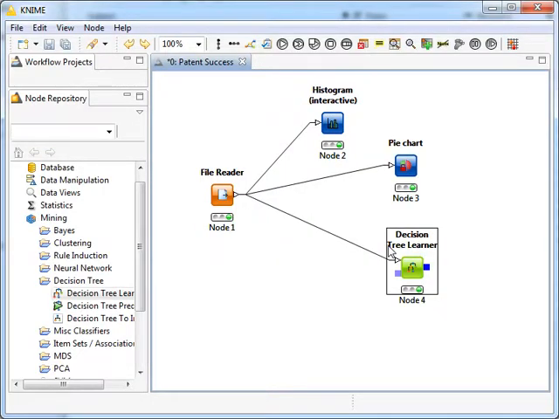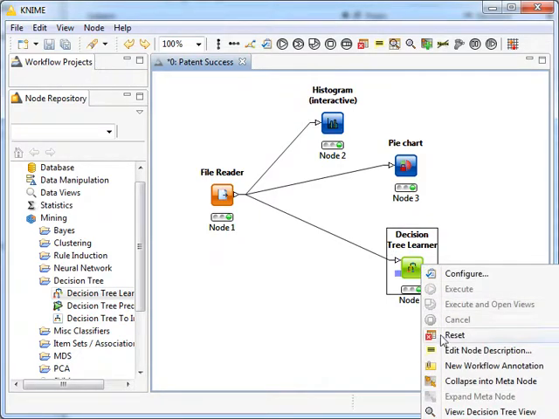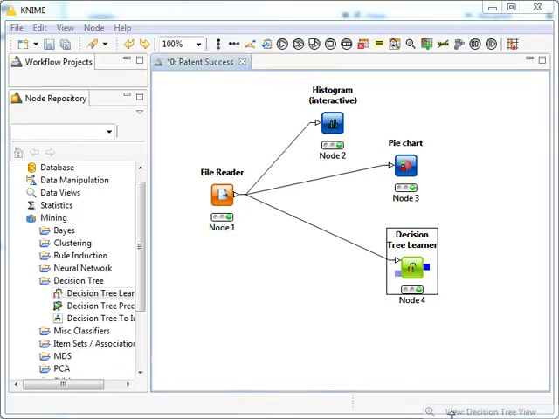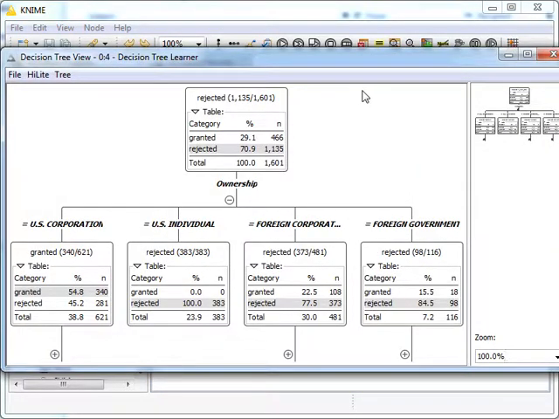One problem with classification trees relative to regression is I don't get a really good measure of how good the model is. So for example, if I right click here and I go view decision tree, I don't have something like R-squared that tells me whether this is a good model or a bad model. So what I can do is create what's called a holdback sample and test to see how accurate the model